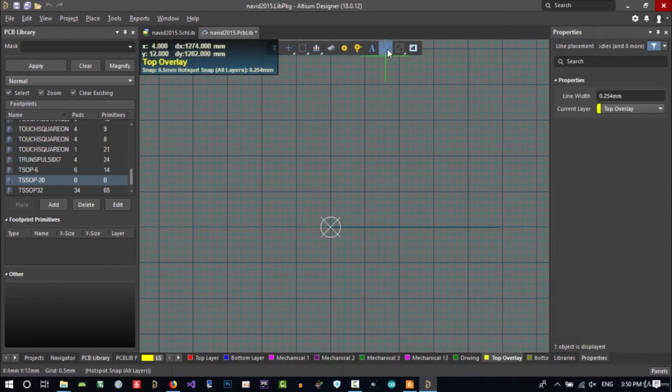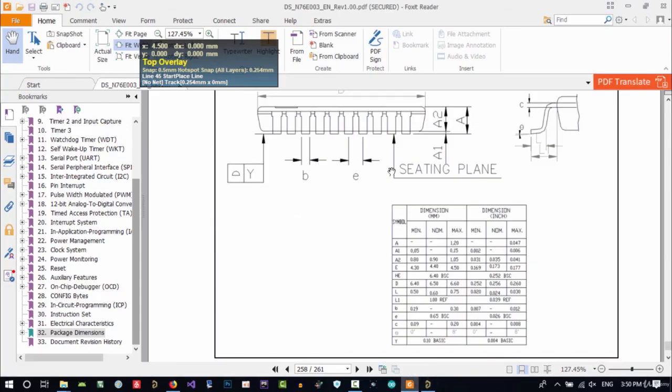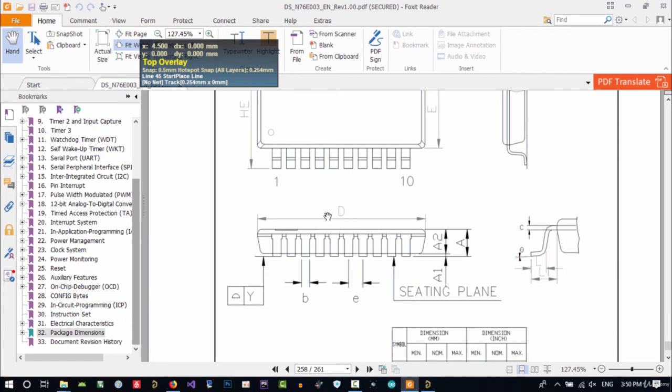So let's just click here, and now you are creating silk screen. This is from the bottom left corner. You see that I'm now at X0 and Y0. I left click, and how much do I want? I want 4.5. Let's just go to X 4.5, Y0. That's it. And for Y, let's hit tab, this pauses Altium, and go to the datasheet, and you see